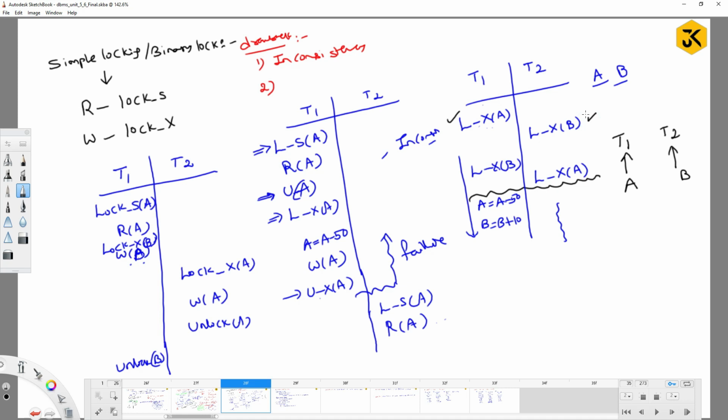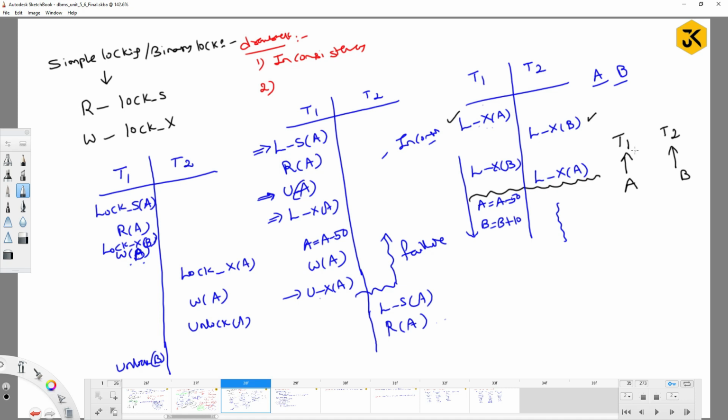But what about the next step? T1 is asking for an exclusive lock of B. Can I grant it? No, because it is already in use by someone. If it were a shared lock and I asked for a shared lock, it would be accepted. But as I am asking for an exclusive lock, which is already given to another transaction as an exclusive lock,